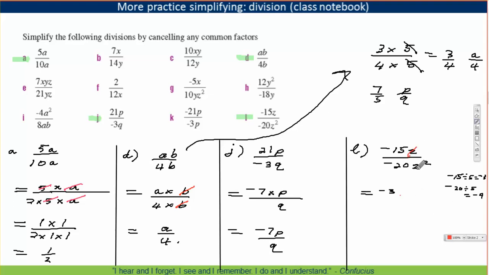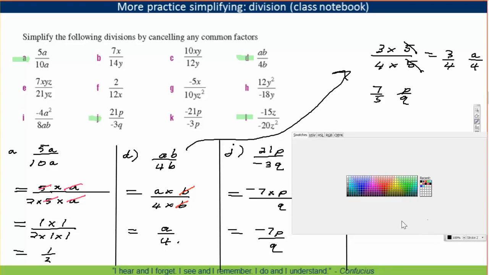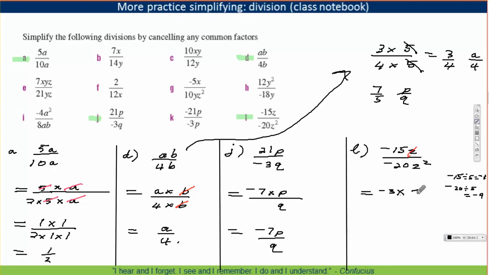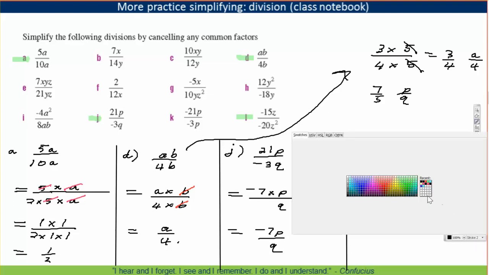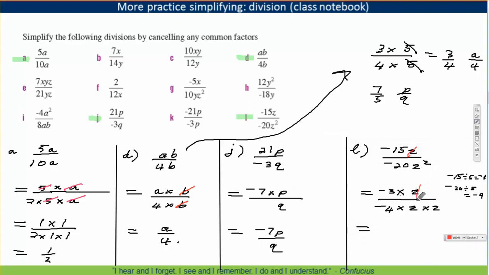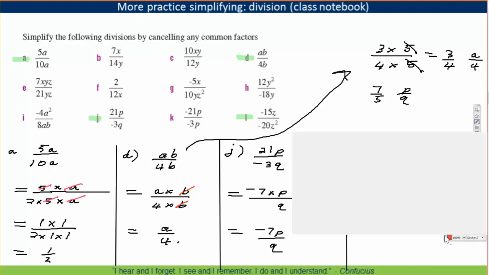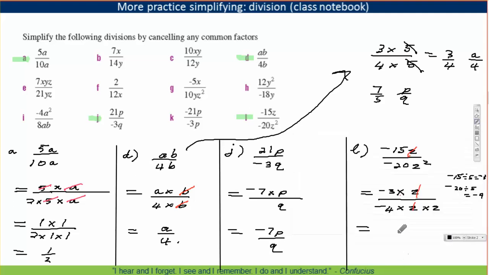So the z cancels. Well, actually, let me write it out. So we get 3 times z over, and we divide the 20 by 5, so we get -4 times z times z. And now we can cancel out a term. There it is, we cancel out a z. Now, there's one final little thing here. You've got -3 divided by -4. So, effectively, you've got -1 divided by -1, which becomes positive. So, we can rewrite this as simply,